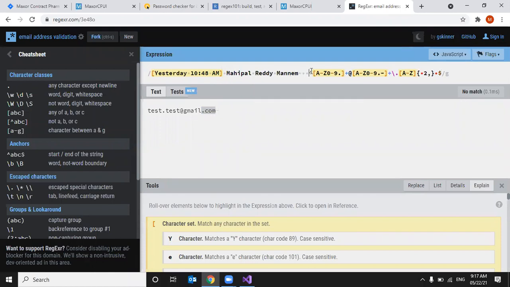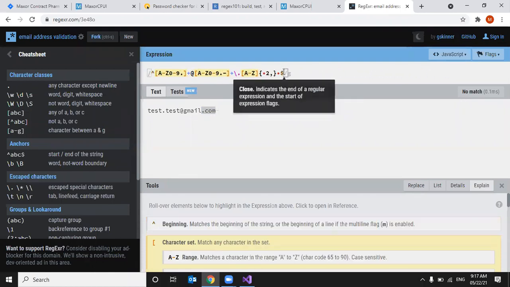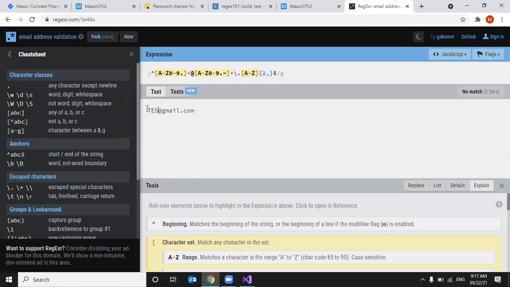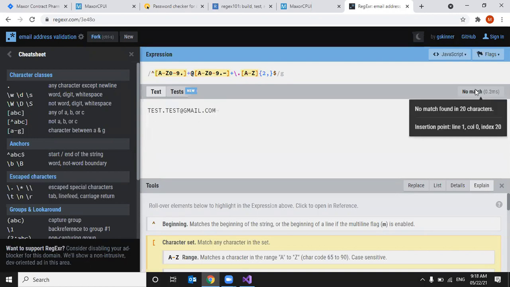Just a second. Yesterday we tried with this. See here, yesterday we were trying with small letters, but we mentioned only capital letters. That's why it did not work yesterday. Test. Then still no match.